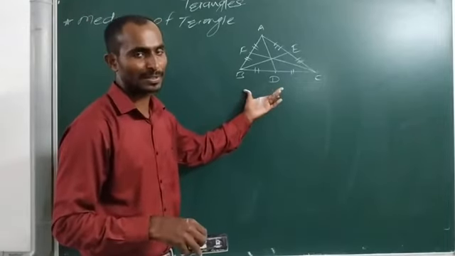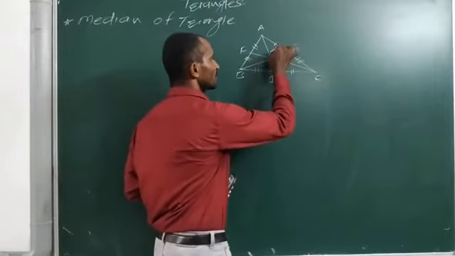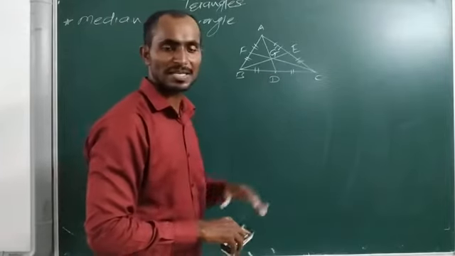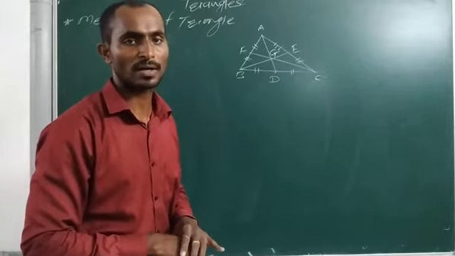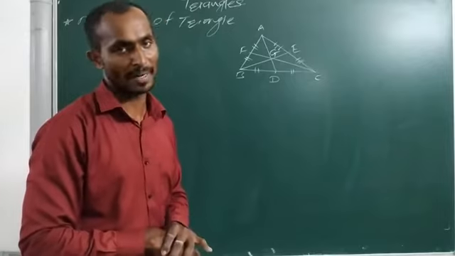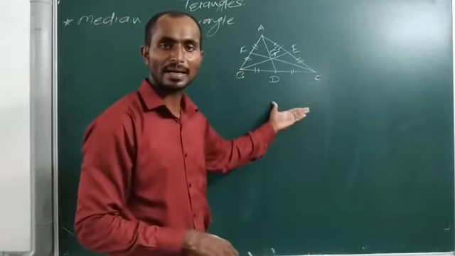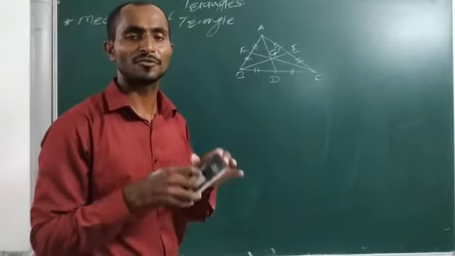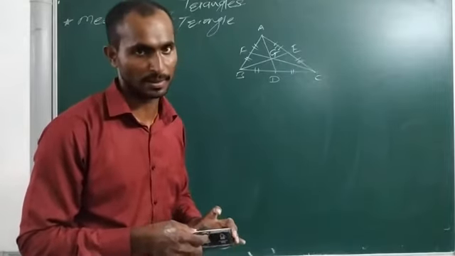Next, one thing we can observe in the same figure is that all three medians of triangle ABC pass through a single point, and let this point be G. Why do we denote the point of intersection of the three medians by G? Because G is the center of gravity and it is identified as the centroid. It means we can simply say that the three medians of a triangle are concurrent. Concurrent means they intersect in just one point.